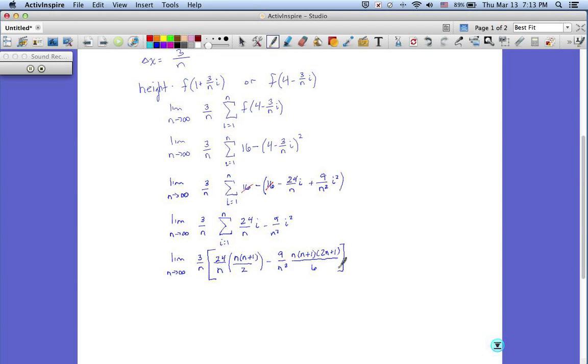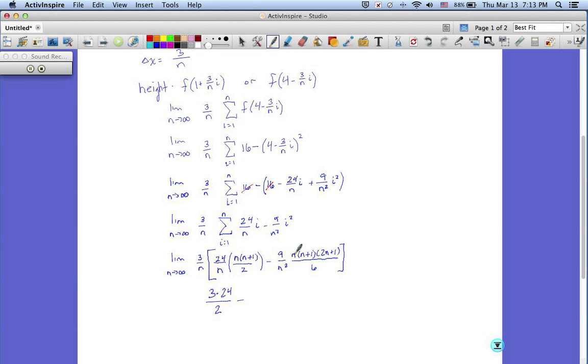And this is where that quick little limits review comes in handy. So I look at the limit as n goes to infinity of the first one. And remember, 3 over n is really being distributed to both of these. So that adds a degree to my denominator. Degree here is n times n, which is n squared, and n times n, which is also n squared. My lead coefficient, if I would actually multiply all of this through, I'd get 1n squared times 24 would be 24n squared times 3. So my lead coefficient is 3 times 24. And the denominator, I have a 2n squared